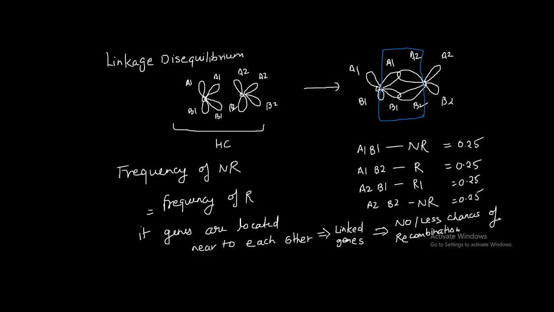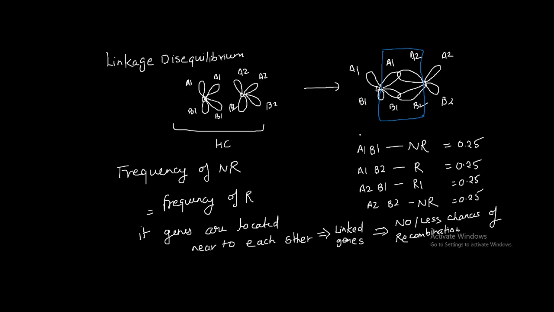Okay. So this is known as the linkage disequilibrium. In case of the linkage disequilibrium, genes are located near to each other, so the chances of recombination become less, and the frequency of the gametes that are going to be formed in the meiotic phase is not going to be equal to 0.25, 0.25, 0.25, 0.25. It will vary,